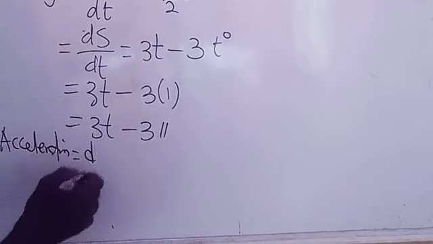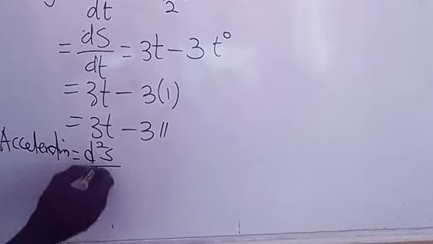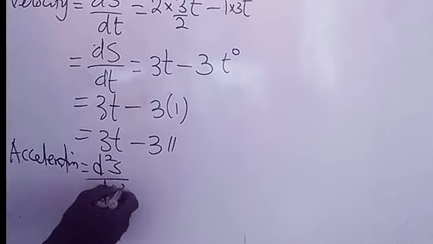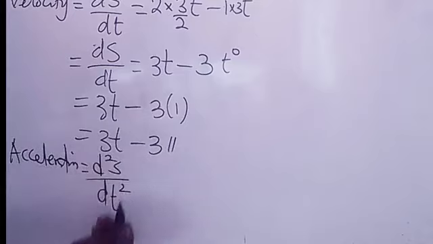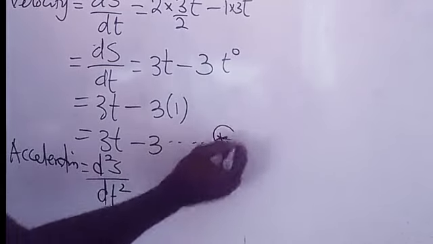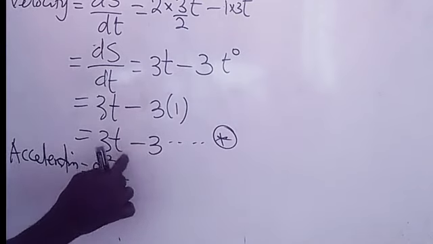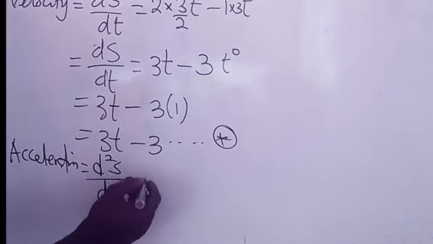The acceleration is going to be d square s all over what? Over dt squared. I mean, this is ds over dt. So we are going to differentiate this again. This one, let me call this equation star. I'm going to differentiate this to get the acceleration. So it's going to be